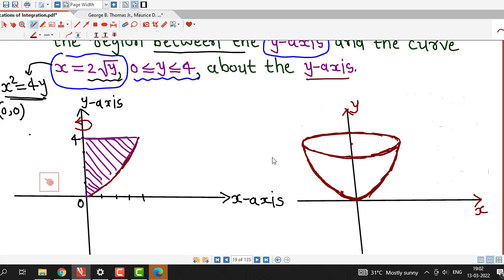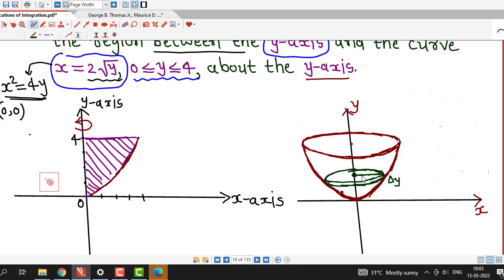So for that we will consider the cross section of this solid which is perpendicular to the y-axis. If we take the cross section perpendicular to the y-axis, it will be a circular disc which will look like this. The cross section perpendicular to the y-axis will be a circular disc of some thickness or height that we consider as delta y, and the center of this circular disc will be on the y-axis, so its radius is this distance